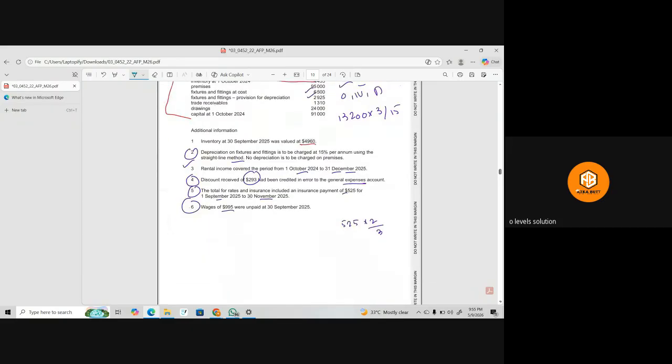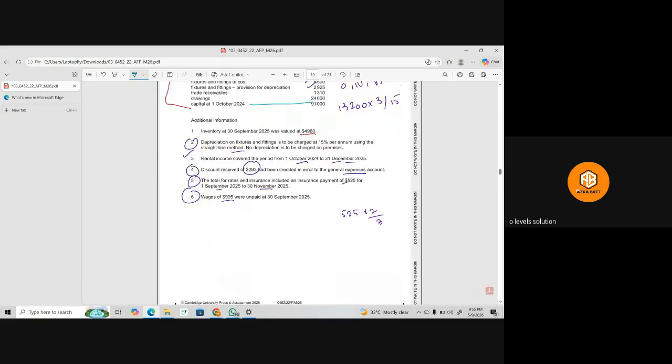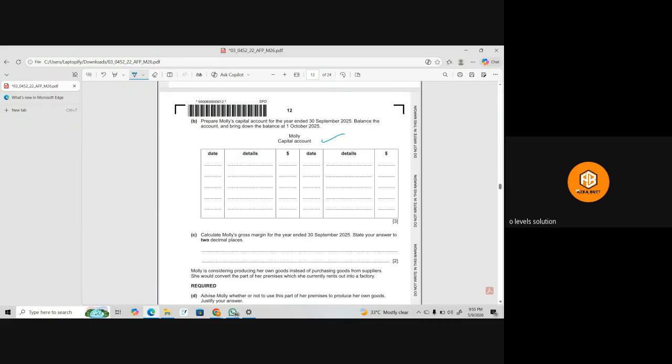Okay, now we have to prepare Molly's capital account. So let's see, do we have the opening balance? Yes, we have the capital. 91,000 is starting. So this is the opening balance. So opening balance means on the 1st October 2024, because the year is ending on this. Balance BD